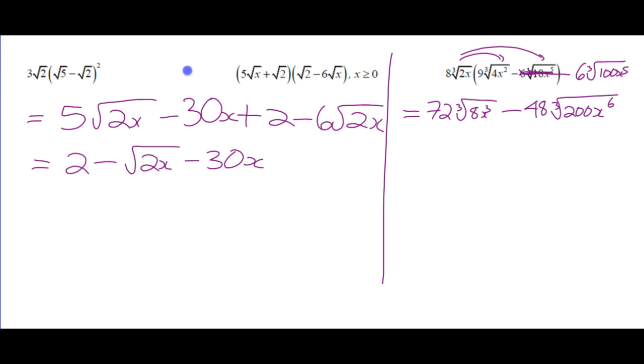Yeah, it's kind of weird. Cube root, the thing doesn't have a... Okay, so 72. So the cube root of 8x cubed is what? 2x. So this is 72 times 2x minus